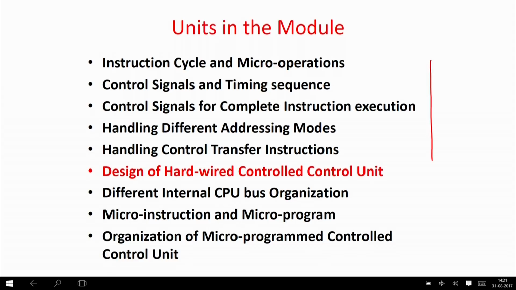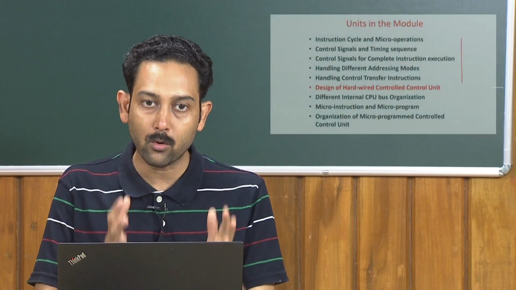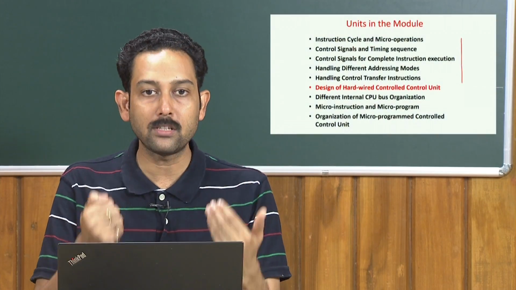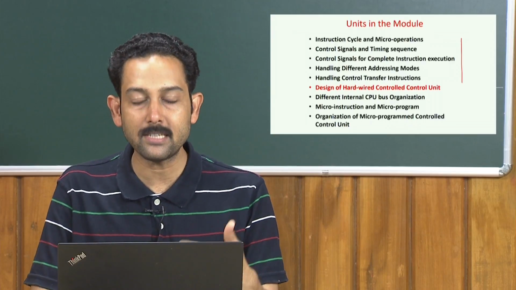What are the basic circuits or techniques for generating those control signals? As we have already discussed in the summary of the module, there are two ways in which you can generate the control signals. One is called hardwired, which we are going to do today, and another is called microprogram based. So, one is hardware based and one is software based. In this unit we will be focusing on the hardware based control unit, in which there will be a dedicated hardware which is hard coded and which will generate the control signal sequences